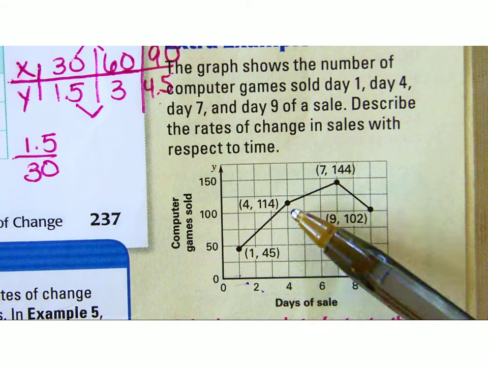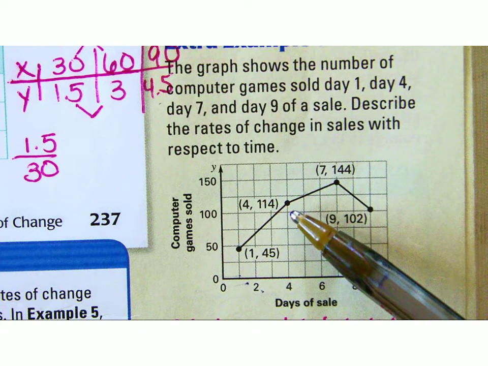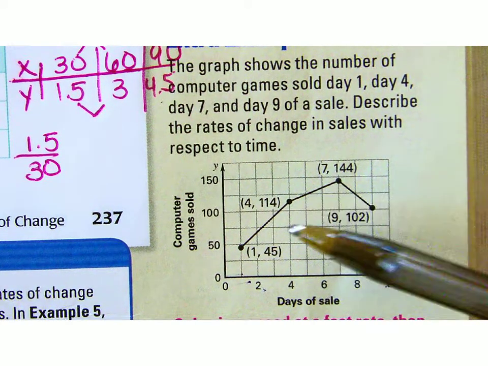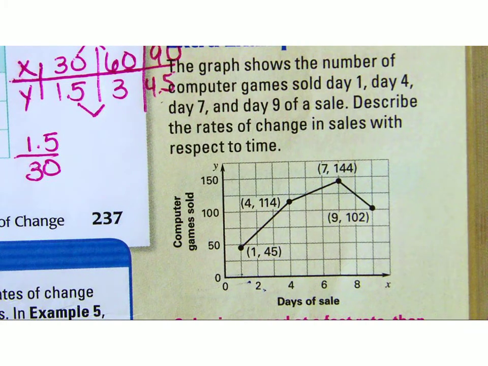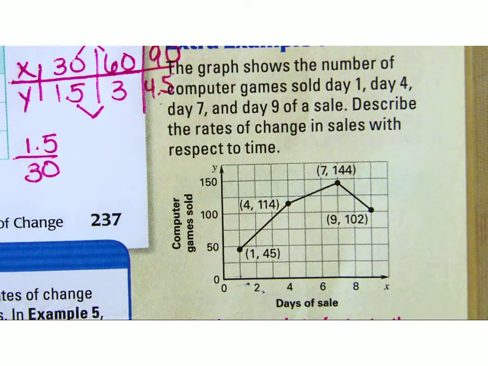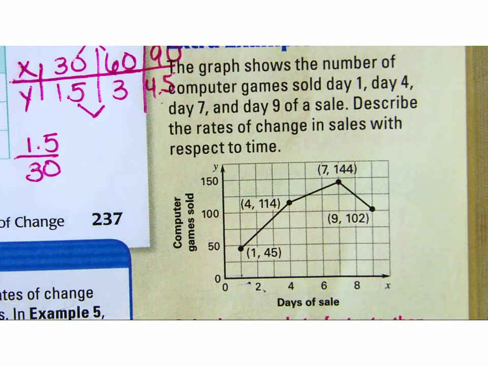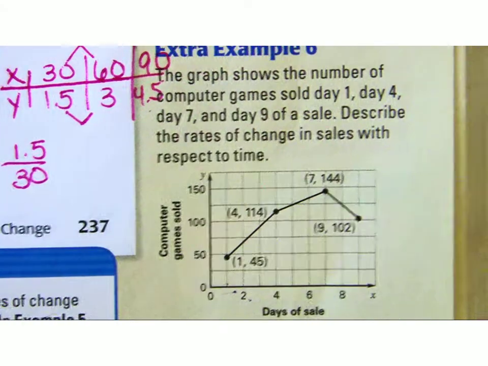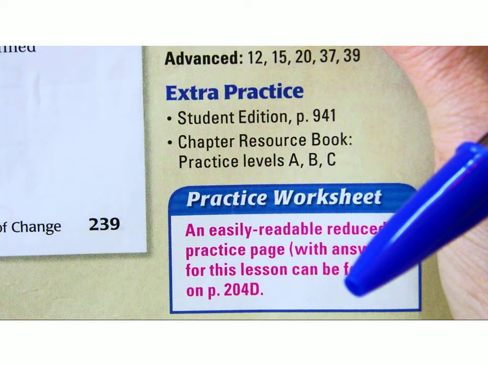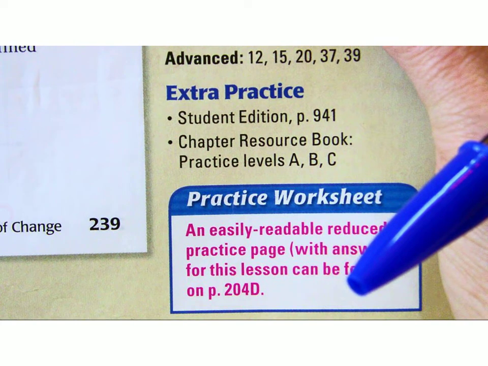By week 4, news got out that these computers are on sale. You better go to Best Buy and get them. So by week 4, 114 computers. Are you getting it? So you would take any of these 2 pairs that you want. Use the smaller ones. You can either do the formula or put them in a table. Okay. I do want to point out one thing, though, for something like this.